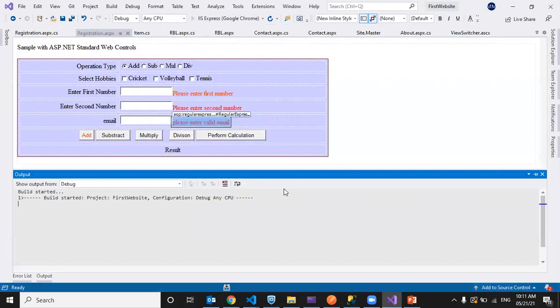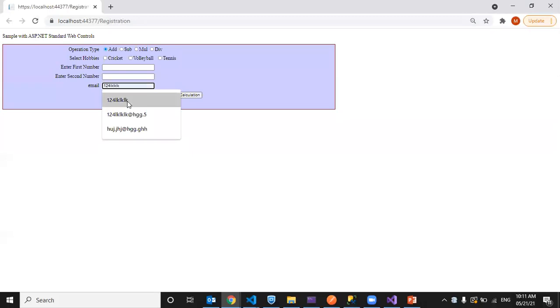So this is about the regular expression validator. We use regular expressions to validate our data by specifying some expression. If the expression matches the control's entered data, it will return true. Otherwise, it will return false. This is not a valid email, so it is returning false. This is a valid email as per the expression that I gave, so it is not throwing any error. So we saw an example for required field validator and for regular expression validator.